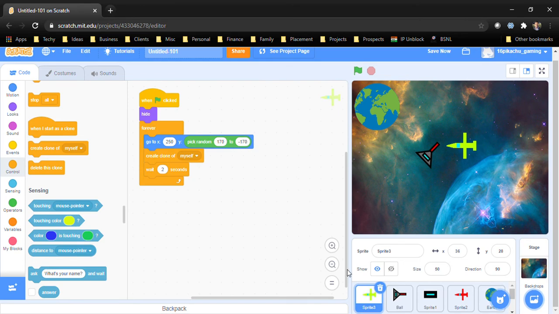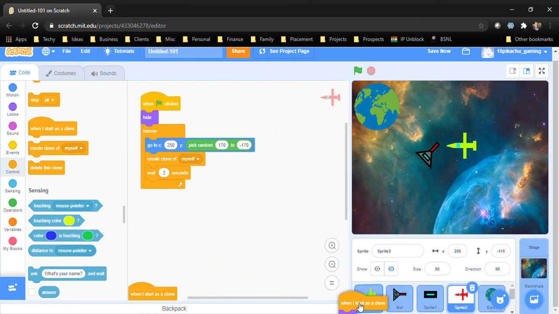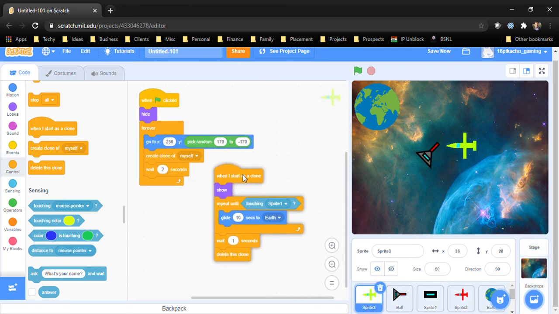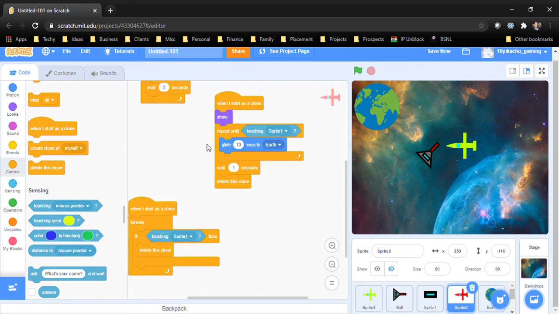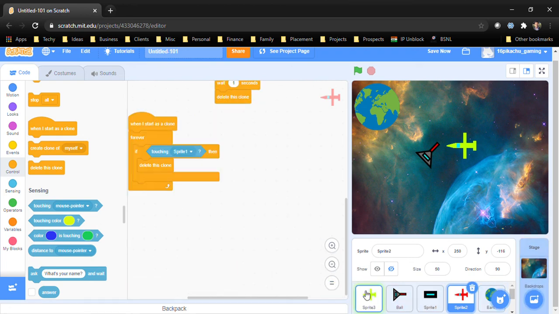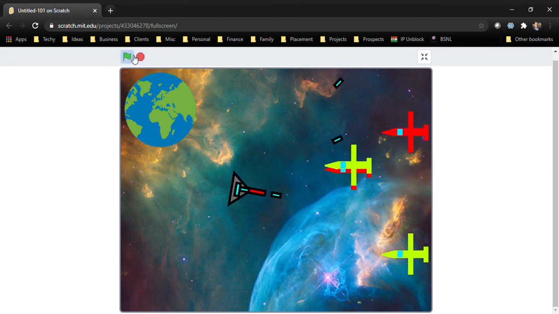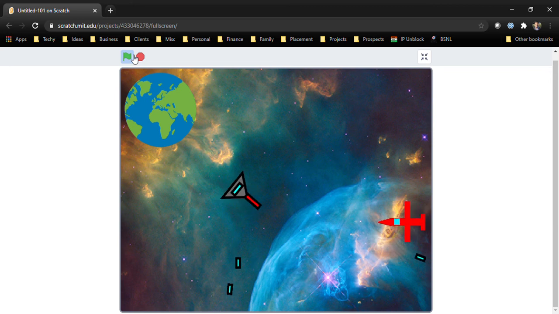So now when we come in this spaceship, it is already there. We will drag this also over this. Okay. And we will drag this also over here. So now if we play the game, there are two spaceships coming and we can kill them using our bullets.